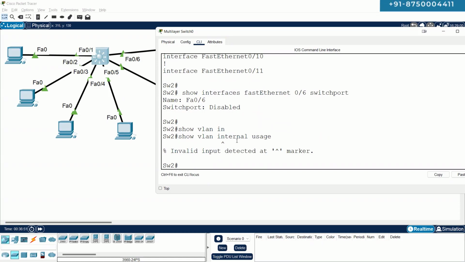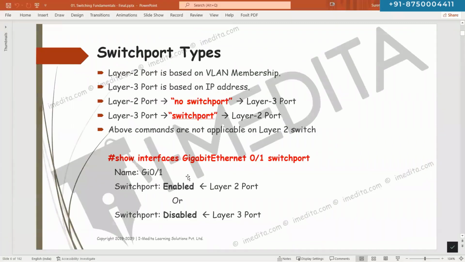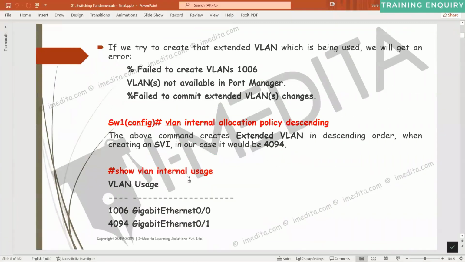This command is not supported in the Packet Tracer. You will see this command in a real switch or some other software, but it is not supported in the Packet Tracer. What should be the result of this command? This will be the result of the command here. When you use the command show vlan internal usage, you should actually see